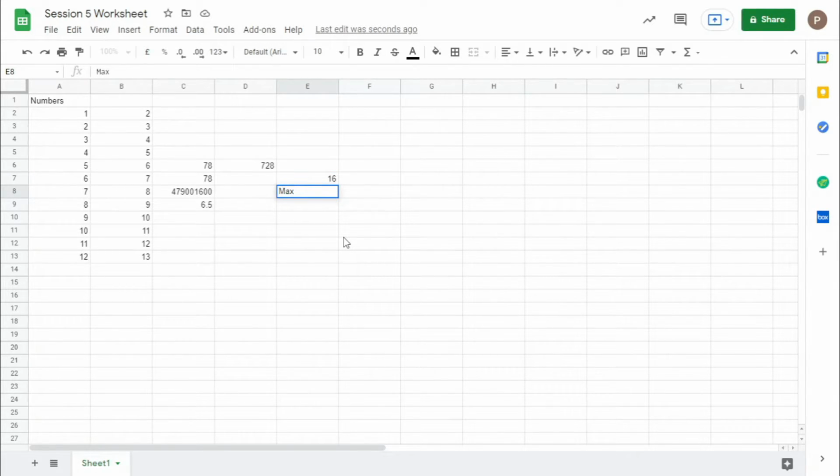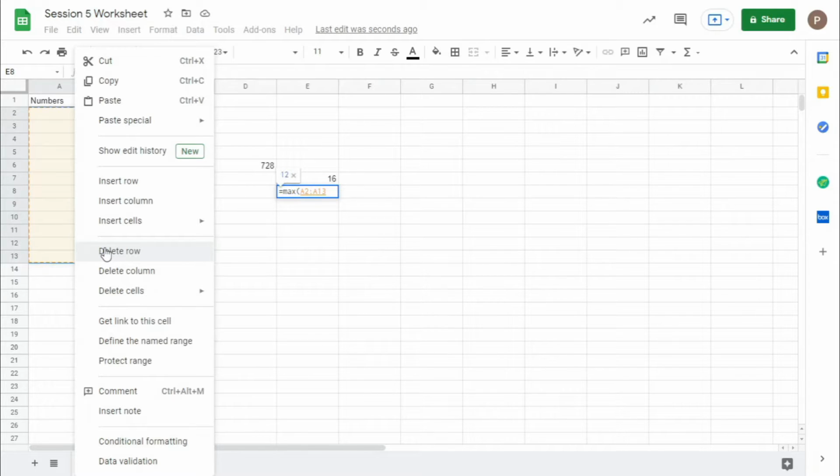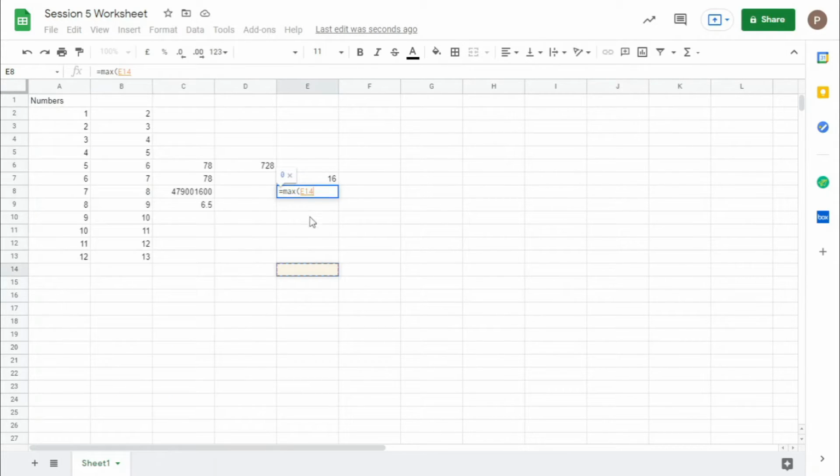Next, you can check the max function, which gives the maximum number. Next there is the min function. Min gives you 2.